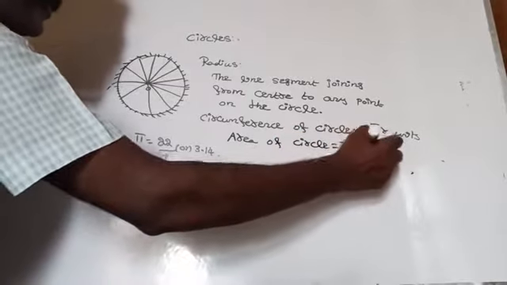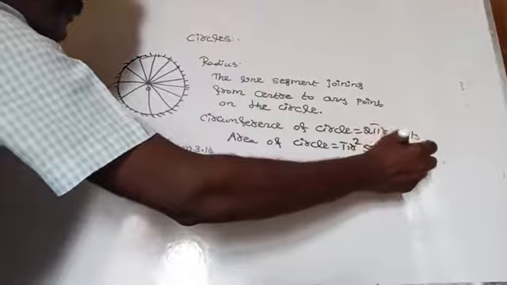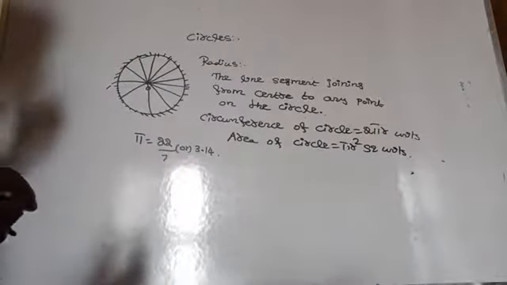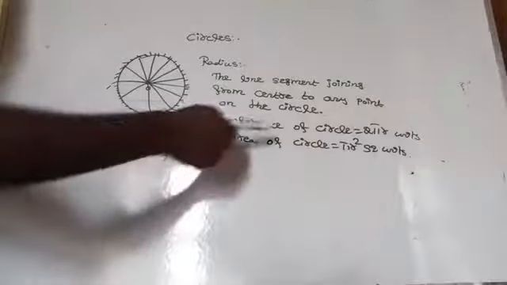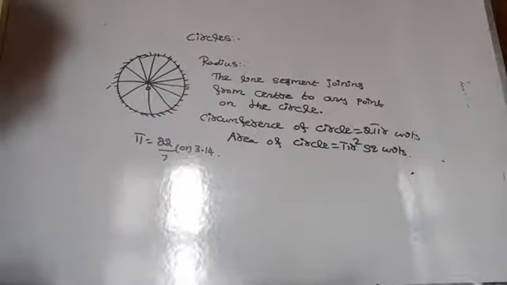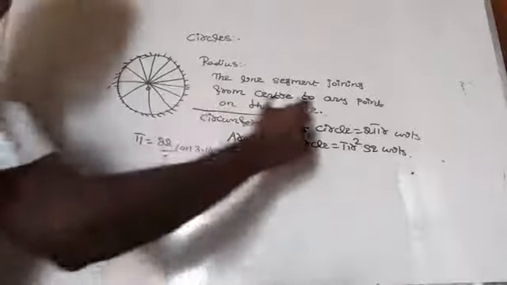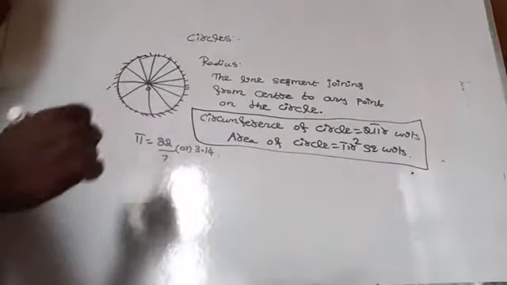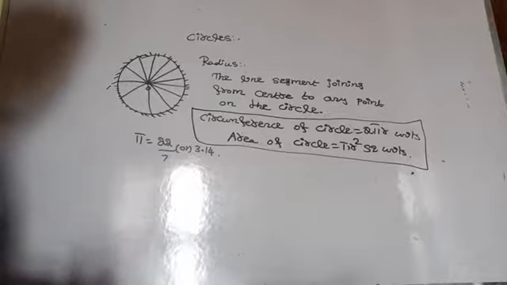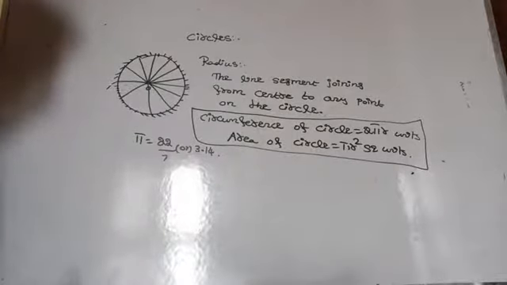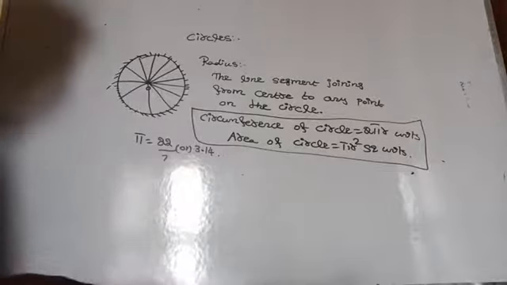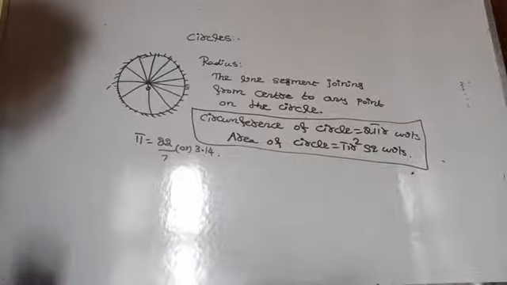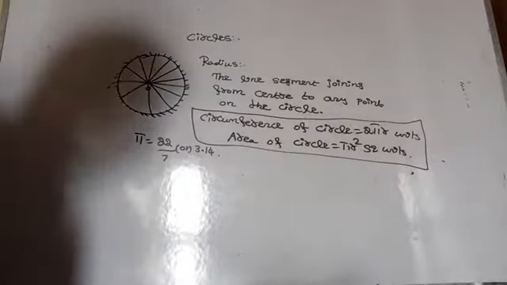Today I will assign one video also, otherwise tomorrow during the live session I will show you how to get the circumference of the circle, 2 pi r units. So these are the two basic formulas related to circle. One is the circumference of the circle, 2 pi r units, and area of circle is pi r square units. The value of pi is 22/7, otherwise 3.14. If it is not given to take pi equal to 3.14, you have to consider the value of pi as 22/7.